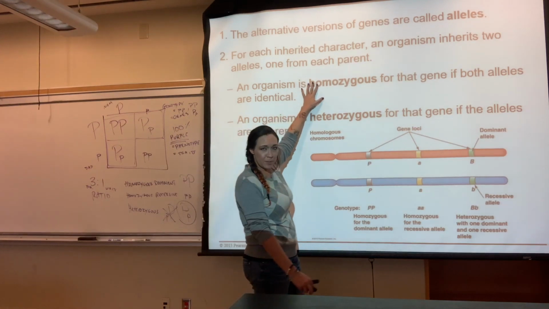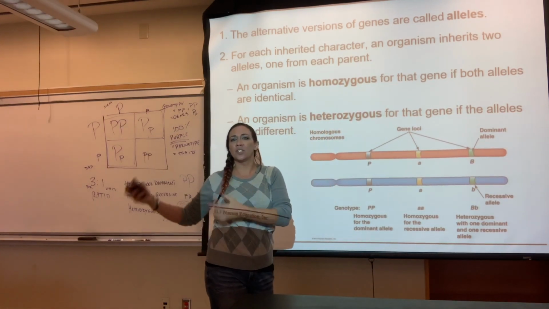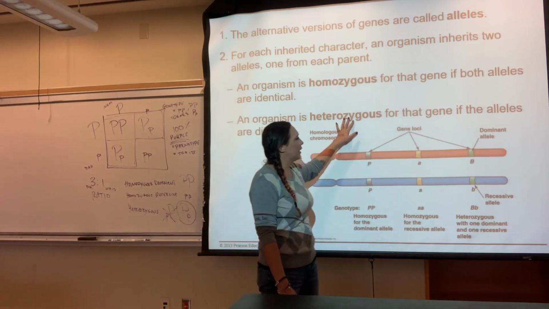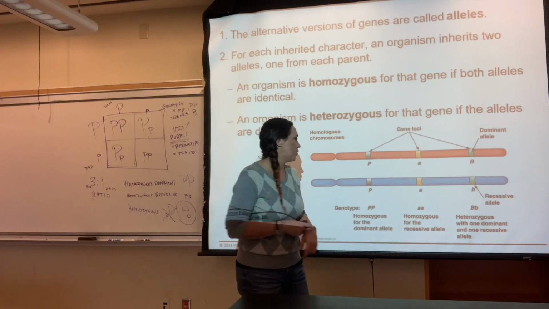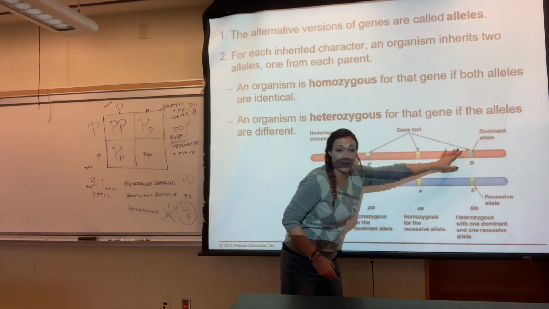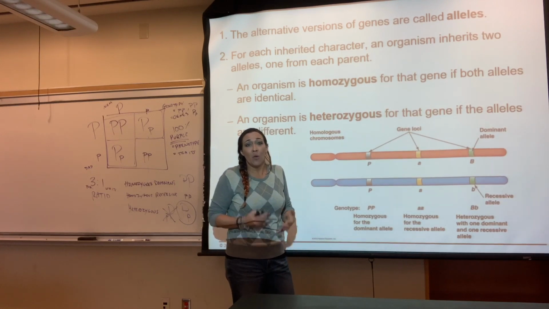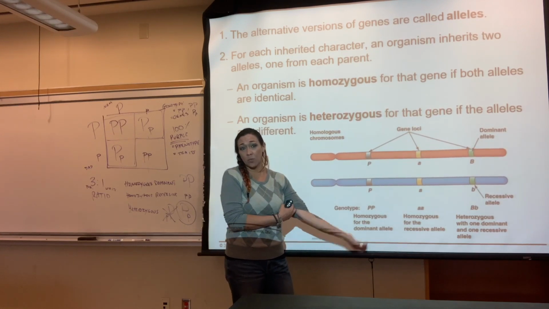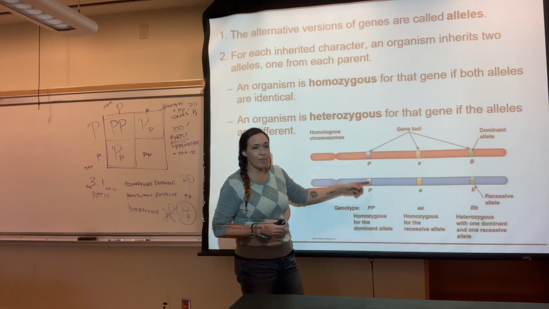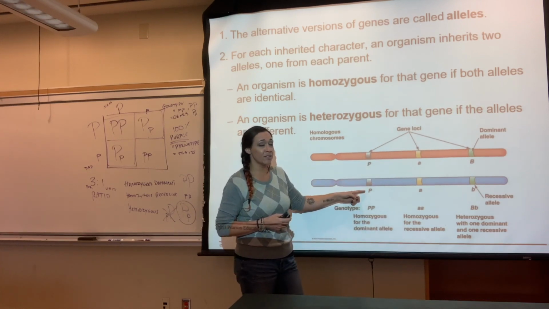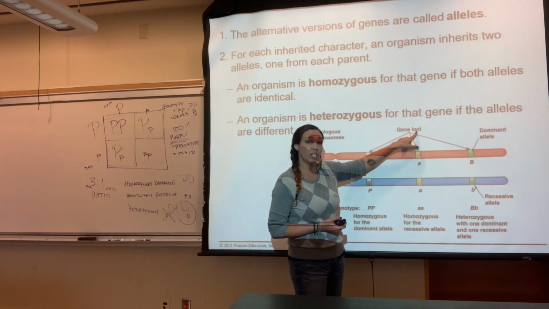We have homozygous, meaning both of them the same. Homozygous dominant, both capital. Homozygous recessive, both lowercase. Finally, we have heterozygous, meaning 1 and 1. You have 1 dominant trait and 1 recessive trait. And that's because right here, this is, say, mom's gene, this is dad's gene. Remember, they're the same chromosome. We have them on the same, it's chromosome 1 or chromosome 7 or whichever. So they're going to have the same alleles at the same locations. That's what loci means. So anytime you see the word loci, it just means location.